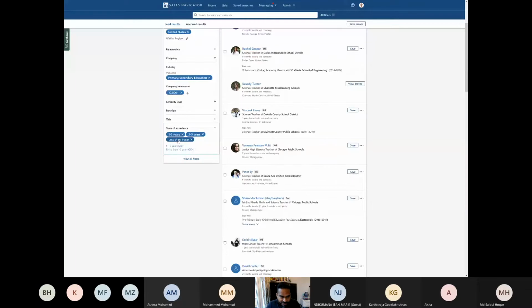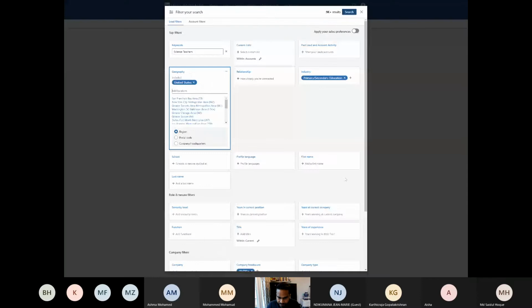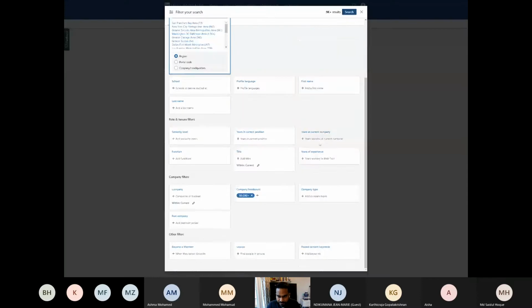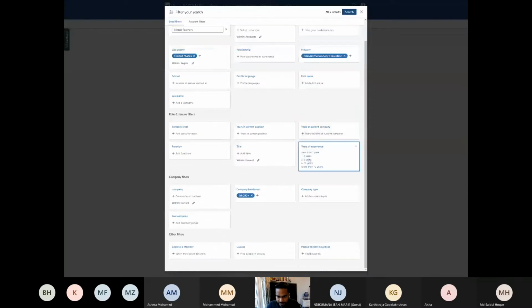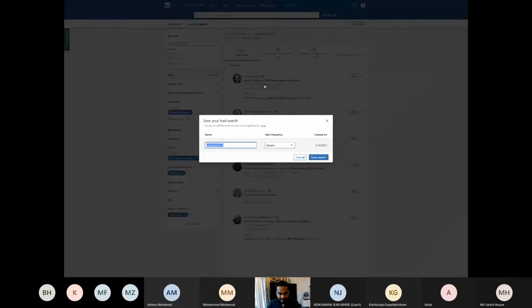I will remove all of these things so that it's not confusing. 3 to 5 years, all this is gone. And then put 6 to 10 years. That should be 2,000 people. Yeah. Get those 2,000 people here. Save it again as science teachers with 6 to 10 years of experience.